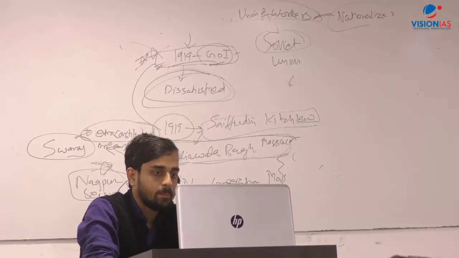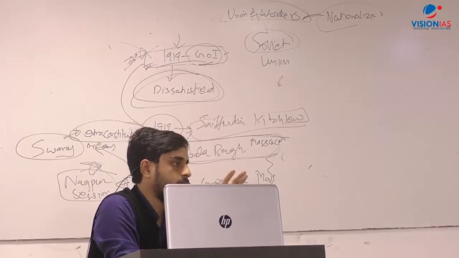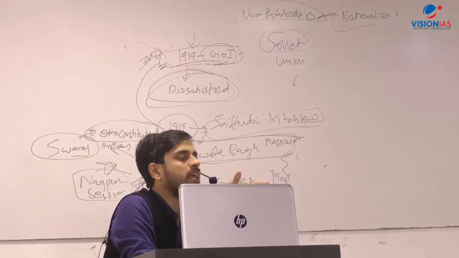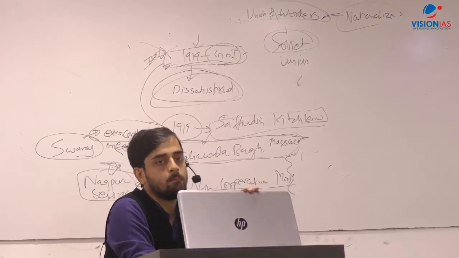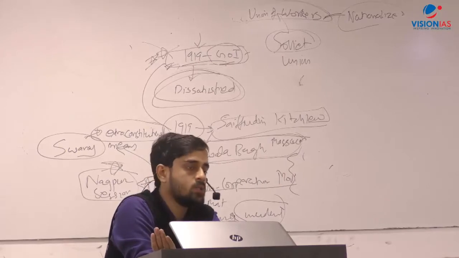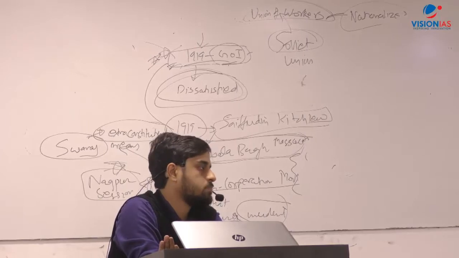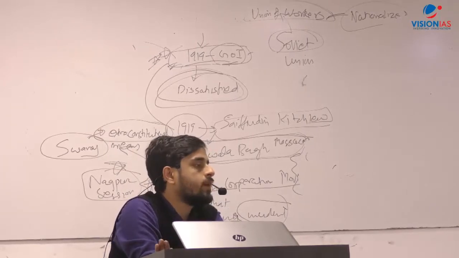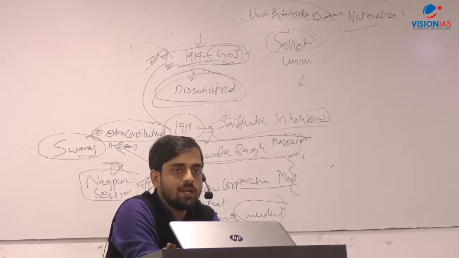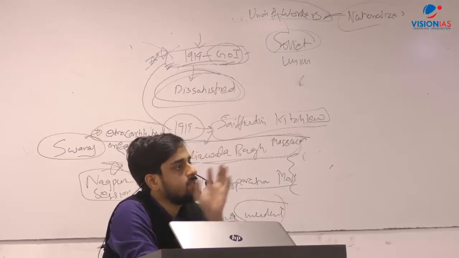Okay, so as a consequence of the Home Rule League movements, one of the things that Indians had been demanding was self-government in the light of white colonies, and also because constitutional reform was due as another decade was about to pass from 1909, the government sent in the Montagu-Chelmsford Committee in 1917, on the basis of whose recommendation the Government of India Act of 1919 was implemented. So what we are going to do today, and we'll end with that, is discuss the key provisions of